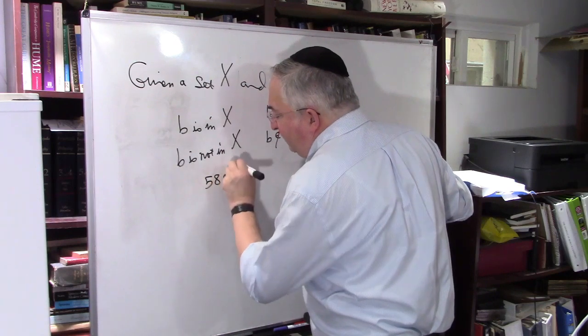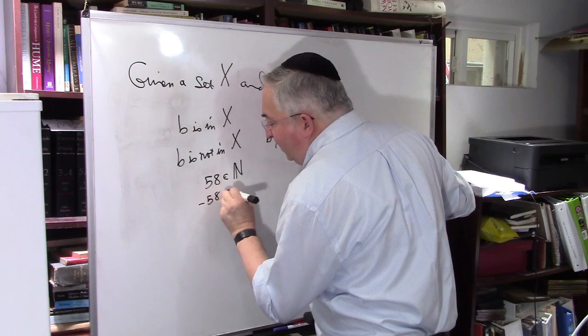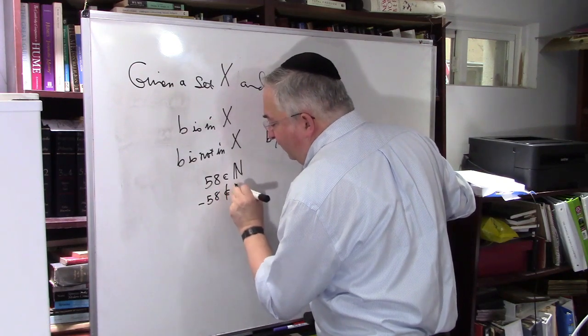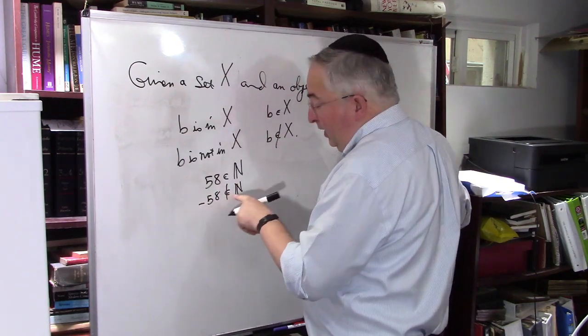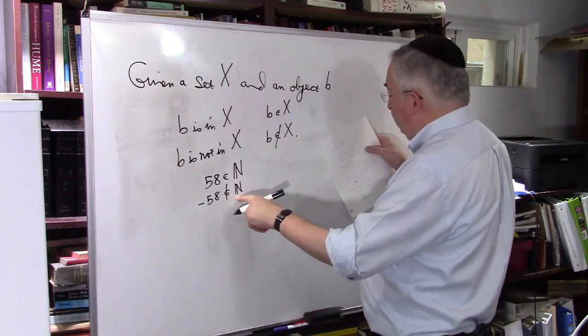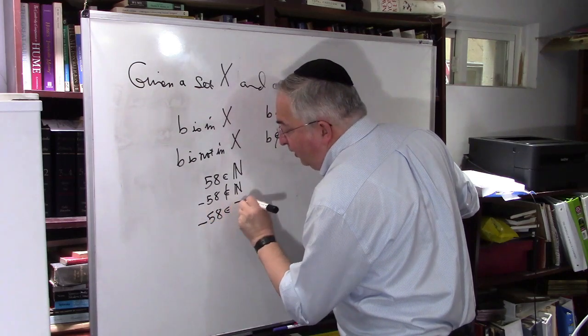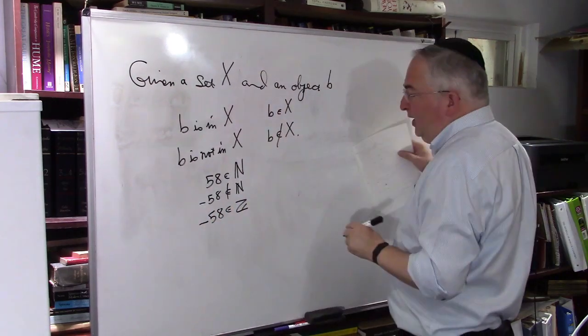58 is a member of the natural numbers. Minus 58 is not a member of the natural numbers. That's a negative number, and the natural numbers only have positive whole numbers. Okay? But minus 58 is a member of Z. Okay? And we can talk about